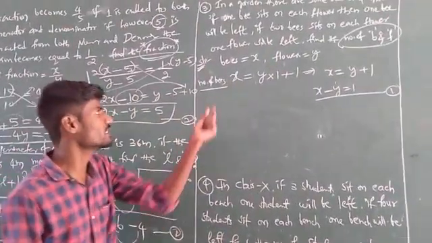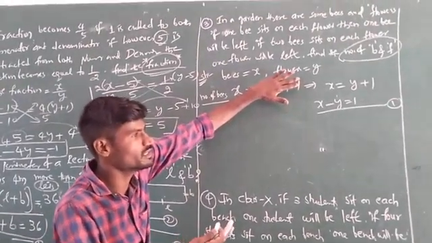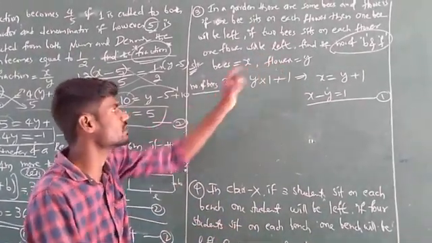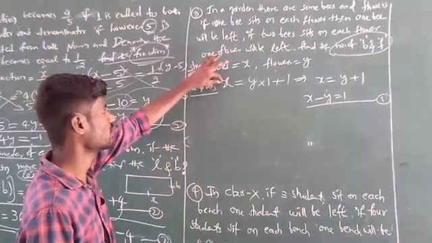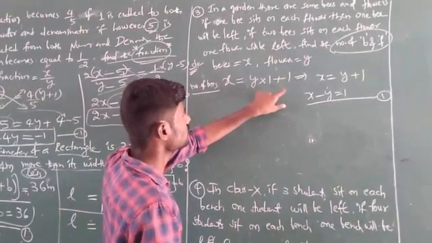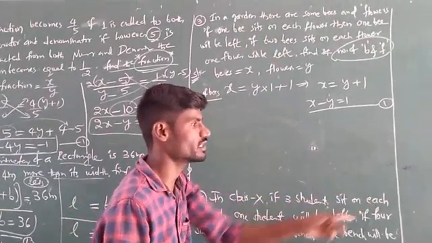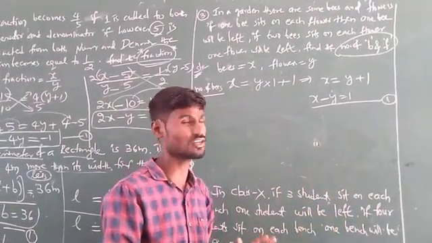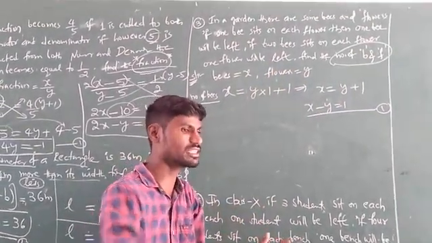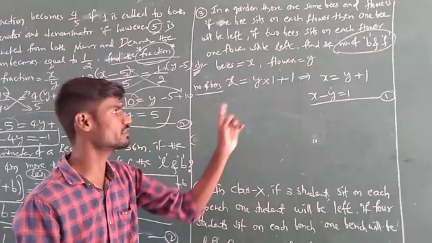Don't get confused, we are discussing the number of bees, and the total is also the number of bees. How many flowers are there, how many bees are on each flower, and what is the result into bees, that is what we are calculating, that's why it is the number of bees. So the number of flowers is y, on each flower there is 1 bee. Even though y flowers are occupied with one bee each, one more bee is left, meaning there is no flower for that bee. Are you following? There is no flower for this bee, that's why it is waiting there, suppose. But to count the number of bees, along with the bees on flowers, you have to add the extra bee too. Okay? So think logically, don't get confused.